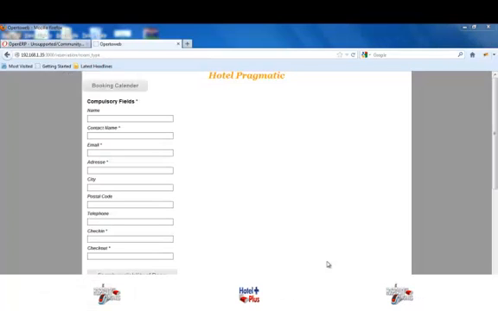Now let us understand the functionality of the web booking form which has been developed by us, which will enable the user to book any room in a hotel through the internet. This is a web form which will facilitate the user to book a room through the internet, where there are some fields like the name of the customer,